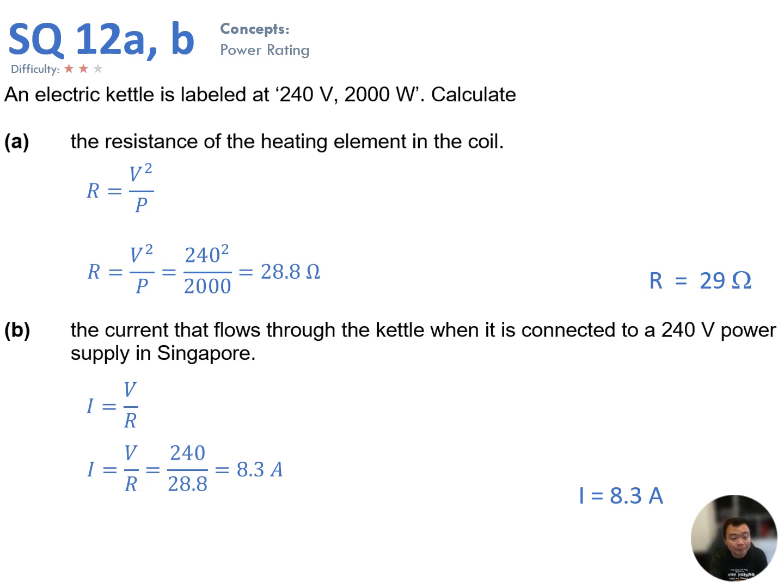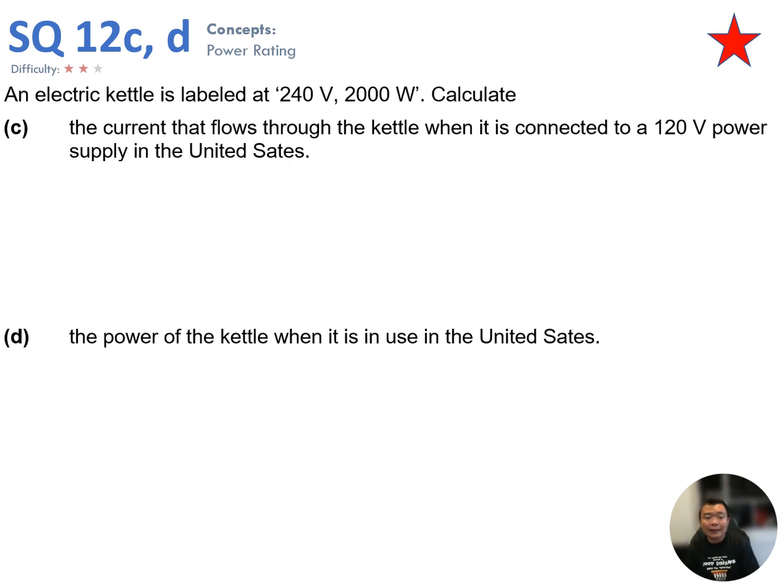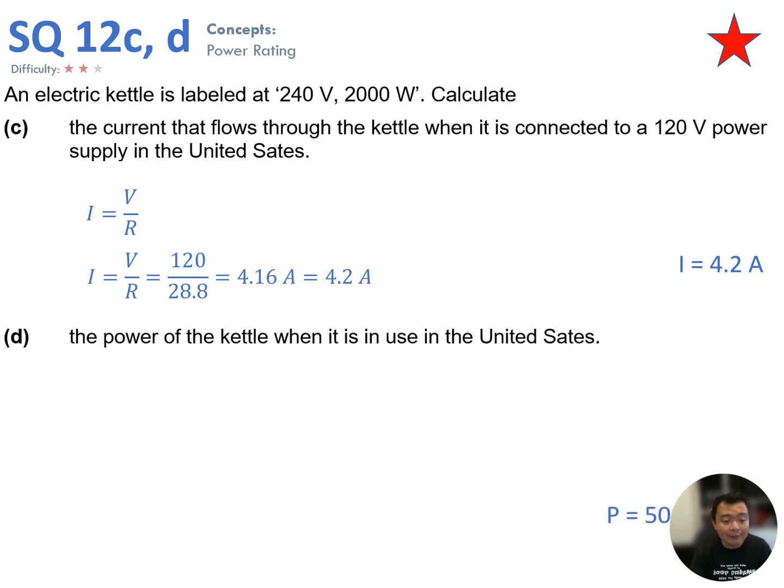same answer. Now in part C, what is the current if you now connect 120 volts power source to the kettle? Not 240 volts, but 120 volts of power source. So this is where the resistance that you found in part A comes in handy. And